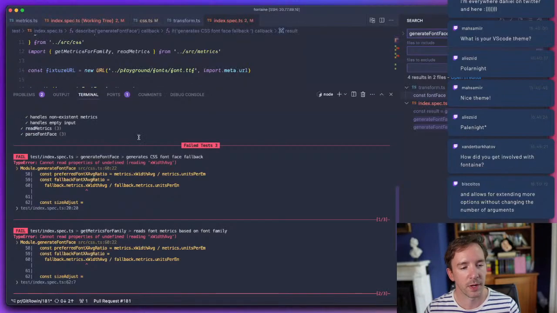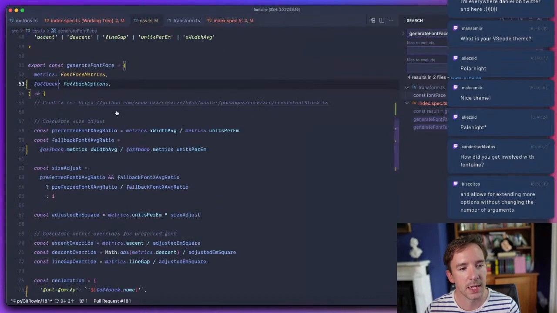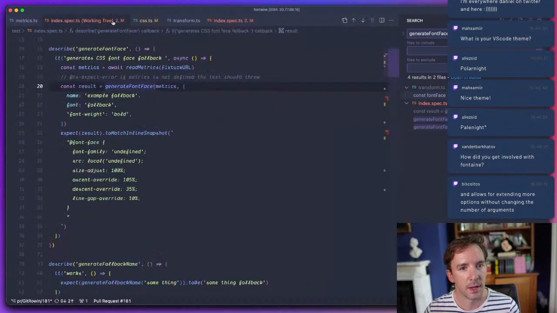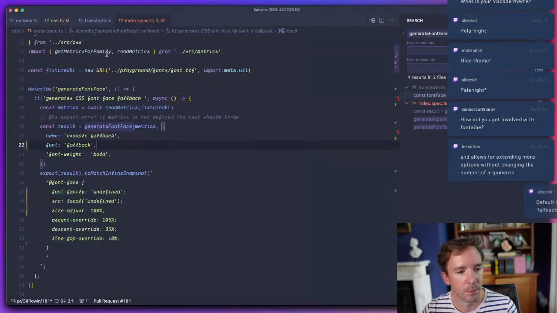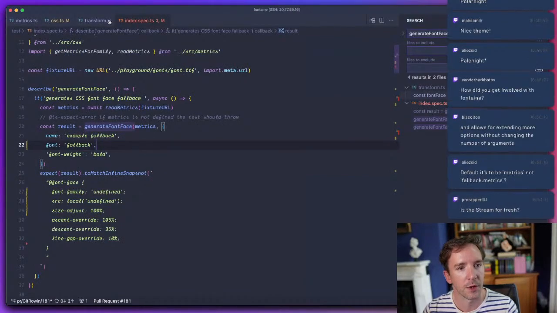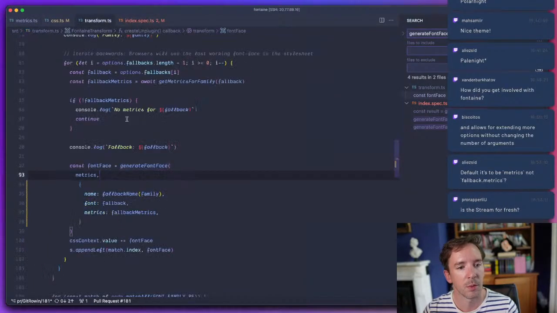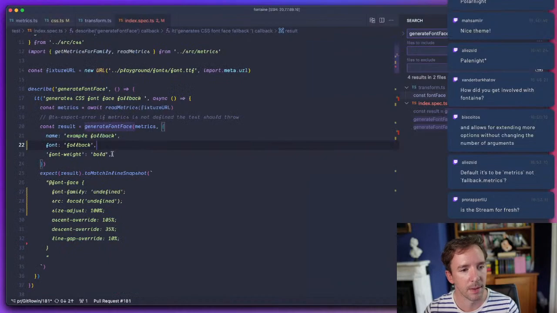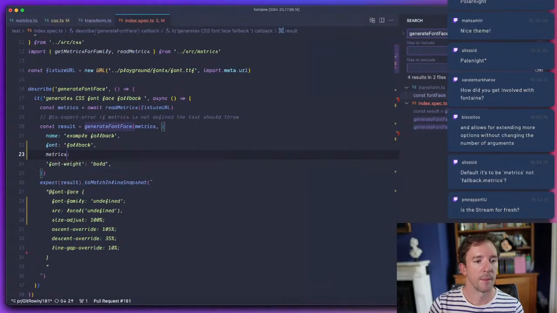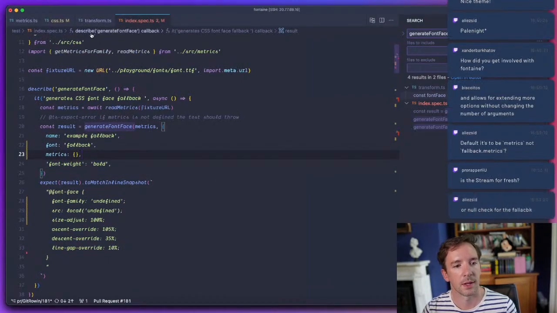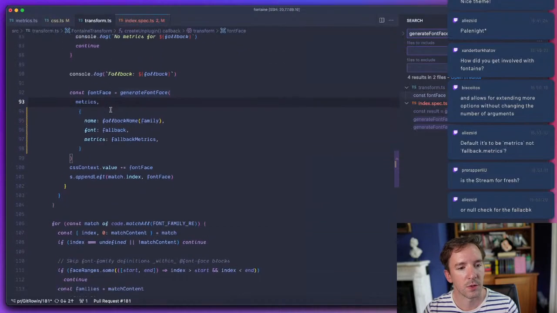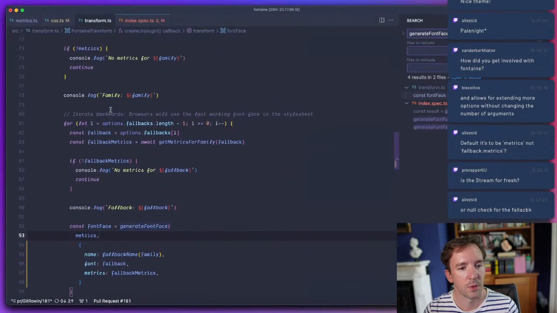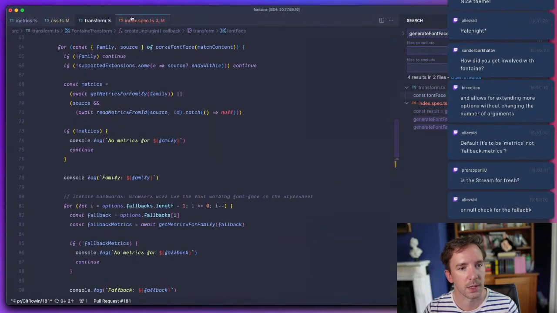Oh, there are no metrics, right? So they're not guaranteed to be metrics. I guess that's the issue. I'm passing some random font, name, font weight. Oh, I'm not passing in any metric. That's what it is. Metrics. I need to be able to generate something even if there is nothing, I guess. So if there are no metrics,